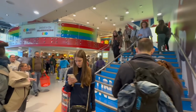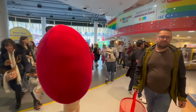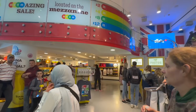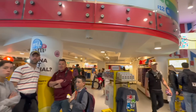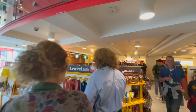People taking their photos. Would you believe I've never actually been inside the store? And that's the bizarre thing, is Londoners tend to avoid this area, but it still doesn't stop tourists flocking here in their thousands and spending massive amounts of money on M&M's memorabilia. So melts in your mouth, not in your